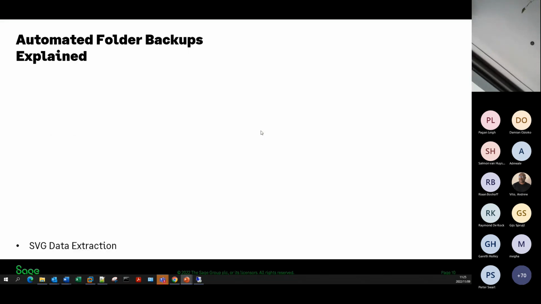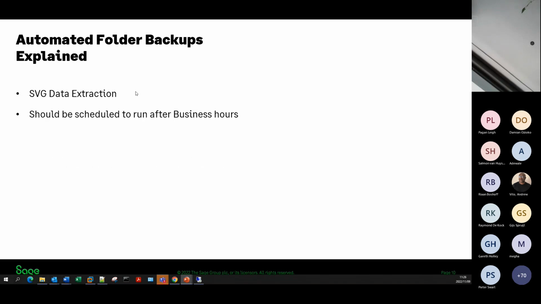Then we'll have a look at the actual process of folder backups. The first thing that we've got to do is run an SVG data extraction. This can also be automated inside X3 using a batch process, and we'll have a look at that a little bit later. After that, we'll run our folder backup script. It should be scheduled to run after business hours. Very important. The SVG data extraction will be very disruptive in that you cannot have anybody connected to the environment when you run a complete folder